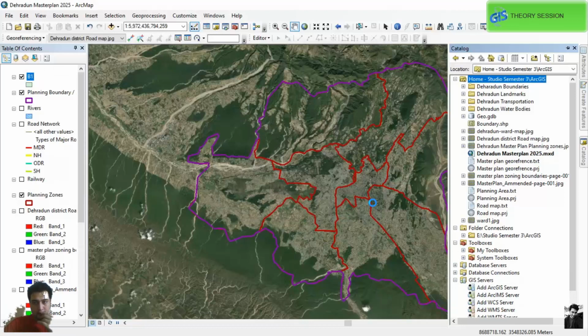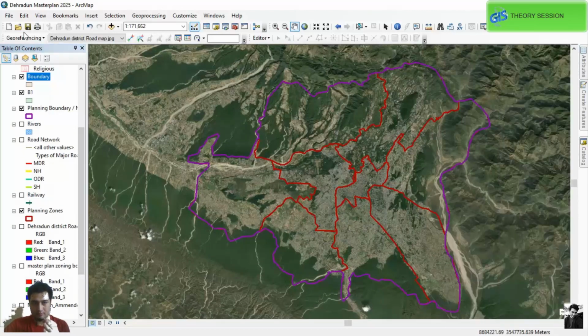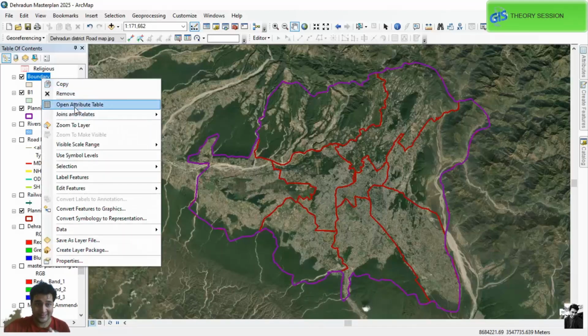Okay, it's easy. It is created within a minute or seconds, boundaries, and it has come over here also. So if I bring this boundary over here, I can again and again access the attribute table, which is very essential if you are working with more complex data, to again and again access it and edit it.